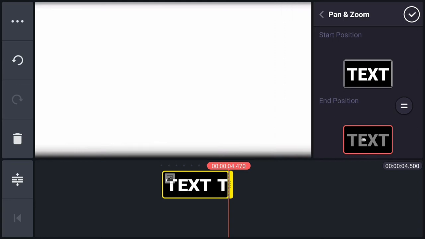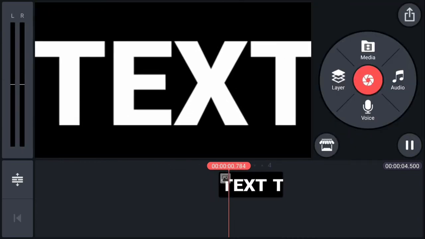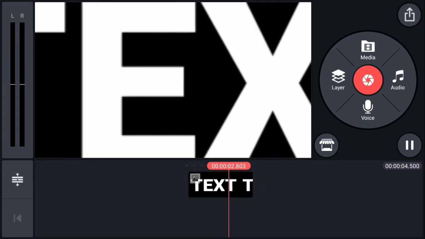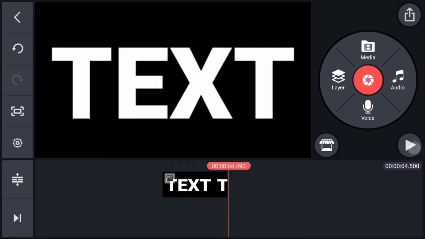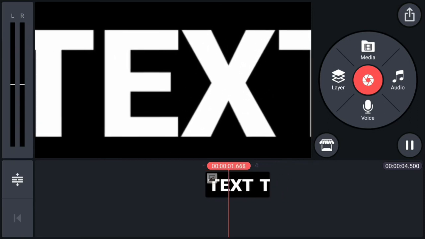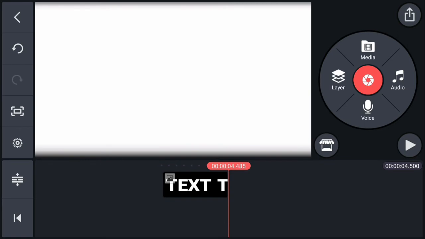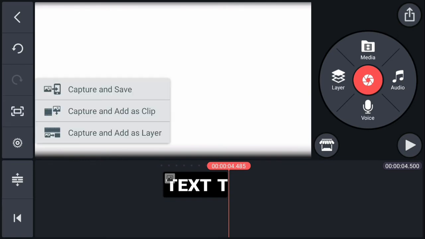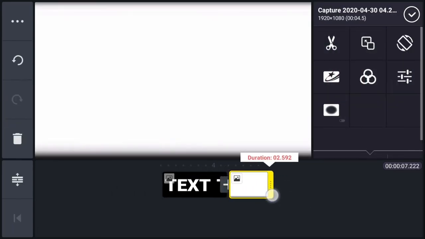So I can see that my screen is not completely filled up. So what I'll do is I'll take a snapshot of my last frame and add as a clip. There are blacks on the border, so I would capture and add as a clip. So I have this new clip